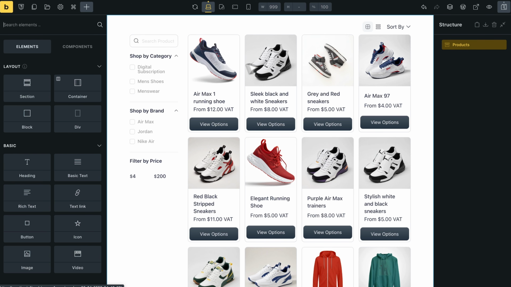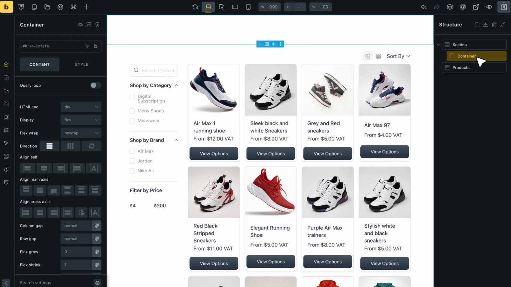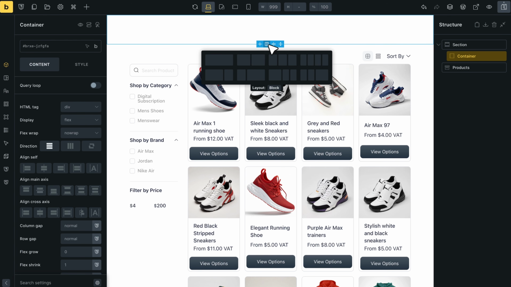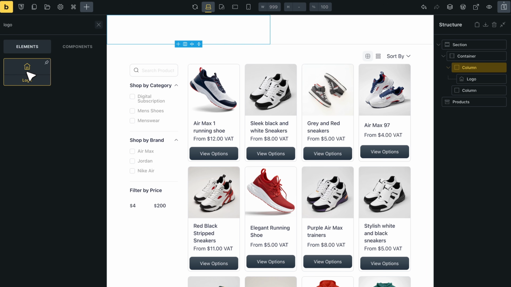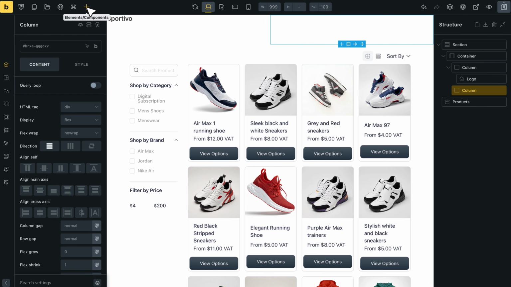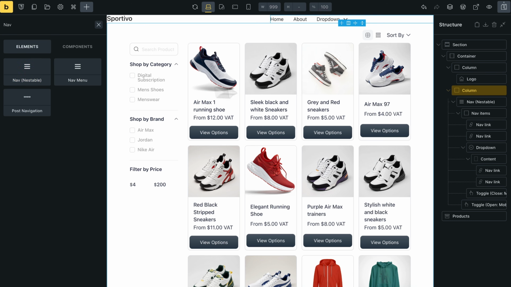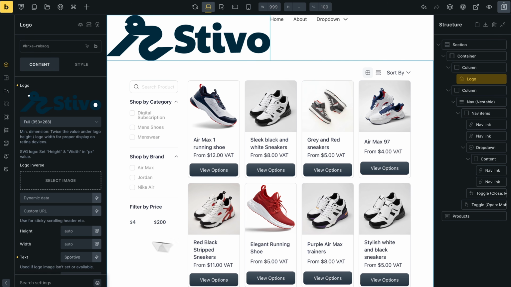Now let's add a quick logo for the store at the top of the shop page and create a navbar for the user. Create a new section and it comes with a container. Inside the container, I'll drop 2 elements, one for the logo and one for nav. First thing I'll do is upload the brand mark and set the height to around 40,